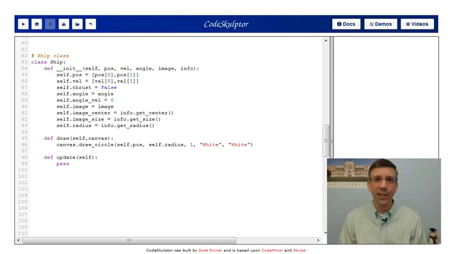Okay, the position, that's the initial position of the ship. The velocity, that's the initial velocity of the ship. Angle, that's the initial angle of the ship in radians, not degrees. The image, that's the image of the ship, and this is actually a tiled image where the first tile is the ship without thrusters and the second tile is the ship with thrusters on, and info gives information about that